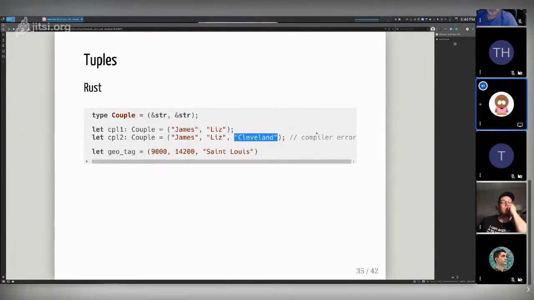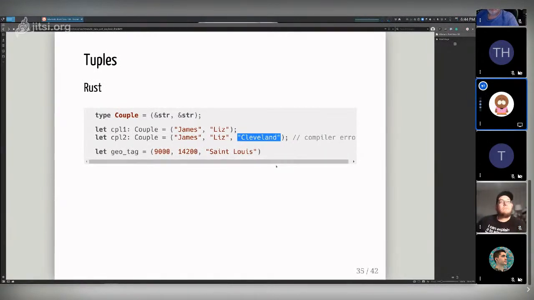That may be different from other languages you're used to, either because tuples are actually lists and so you can do something like this, or they're not statically type checked. And the next thing here demonstrates that you can have different types in a single tuple, and Rust will infer the type of the tuple based on what's inside of it.